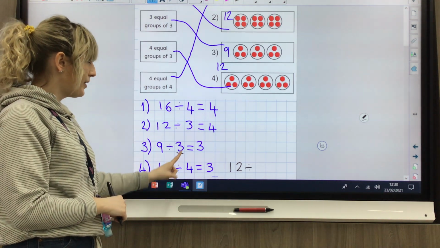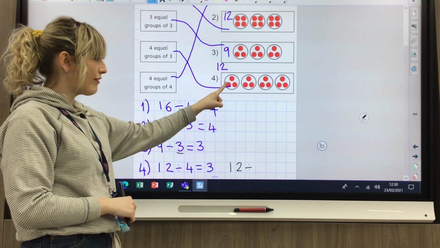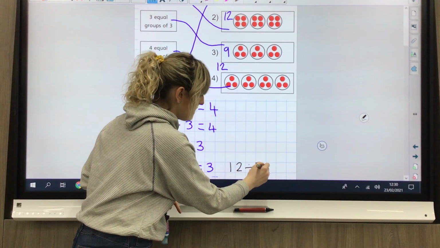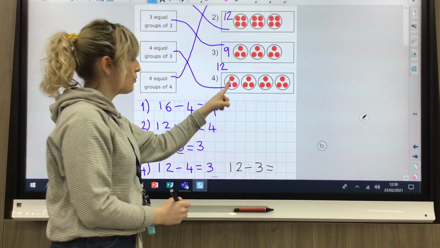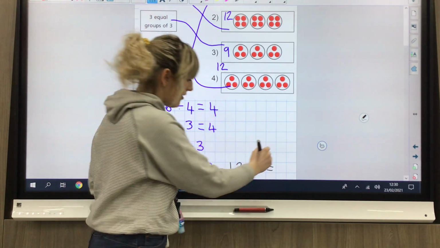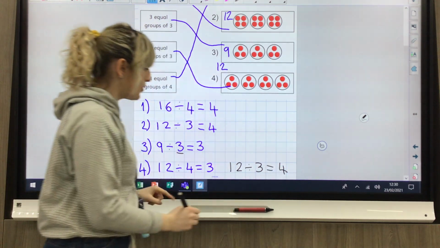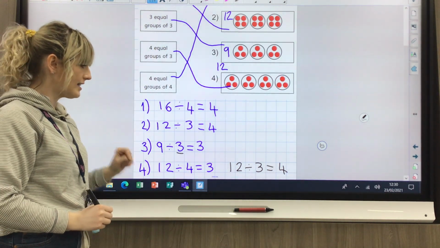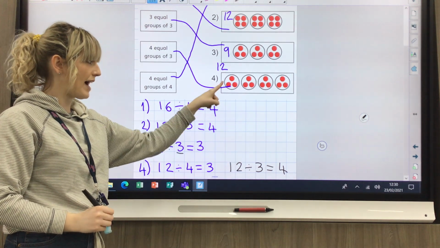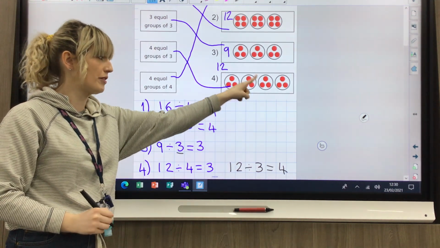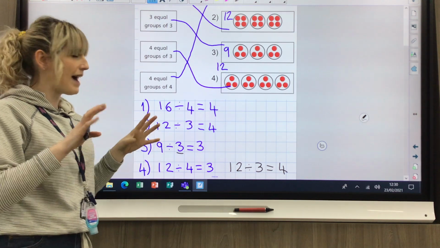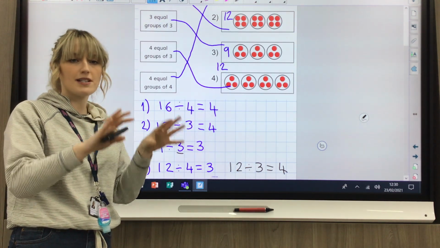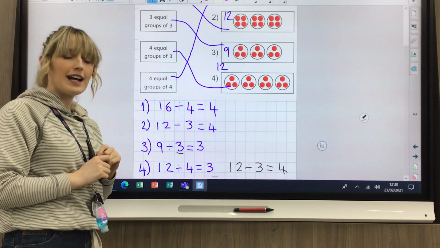So some of you might have thought, well, they've made groups of 3. So 12 divided by 3 equals 1, 2, 3, 4. And that number sentence would be right as well. So 12 divided by 4 is 3, or 12 divided by 3 is 4. So it doesn't matter which way the last part of your number sentence goes,